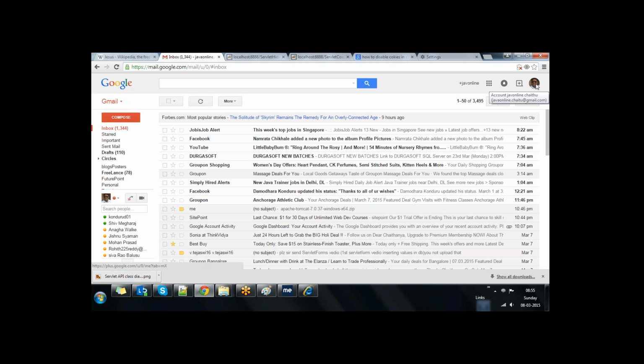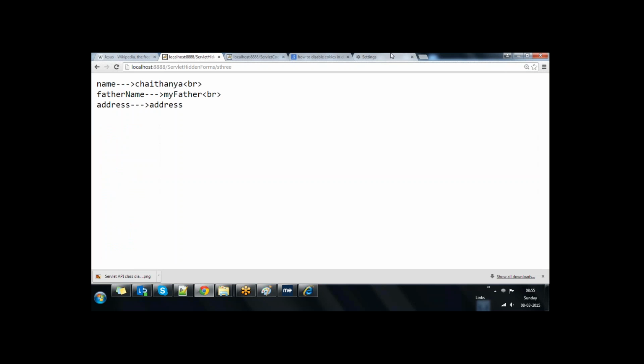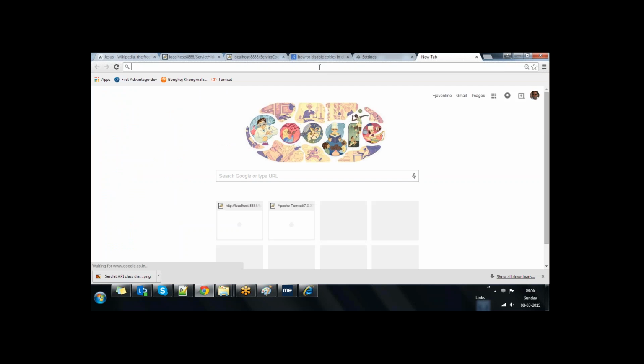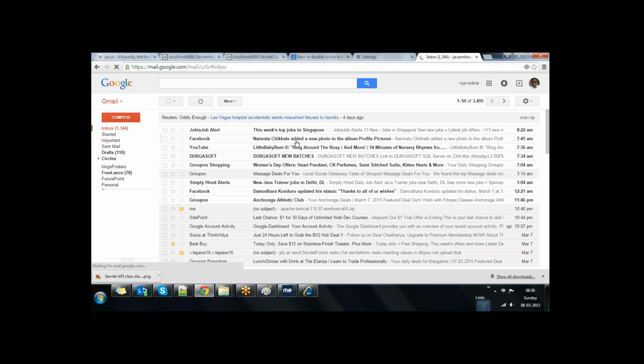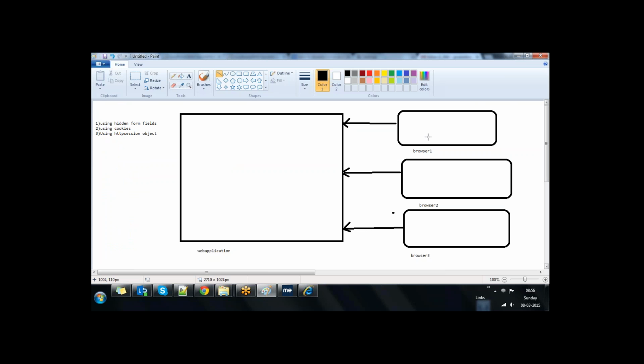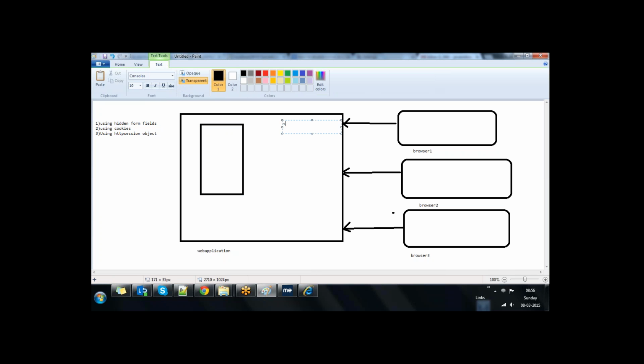If I close by mistake instead of signing out, and I open Gmail again, oh, it is directly opened. That means if you send a request from the browser to an application, the web container is responsible to create